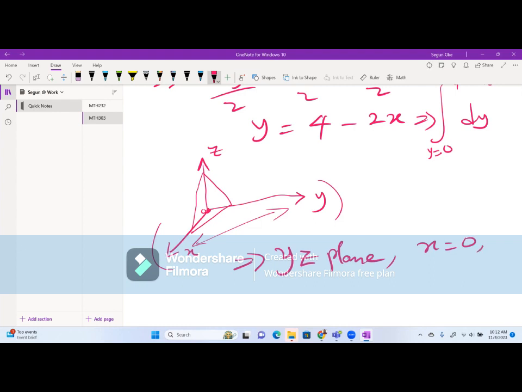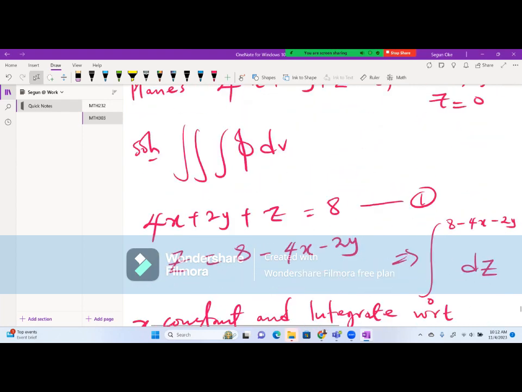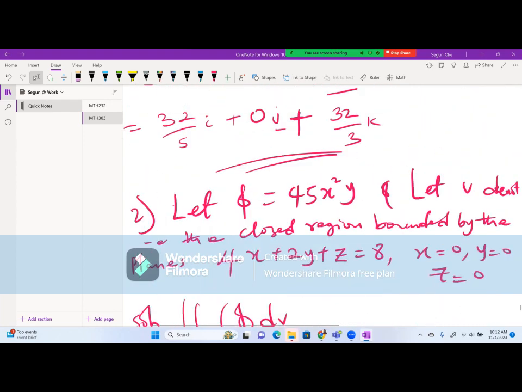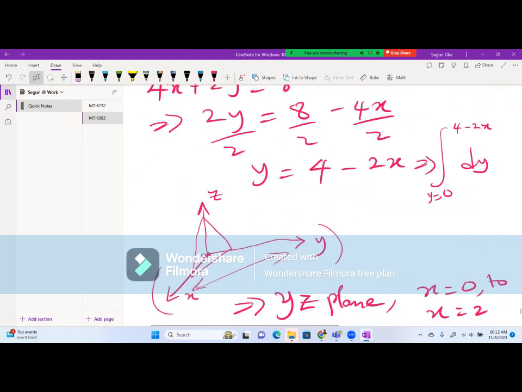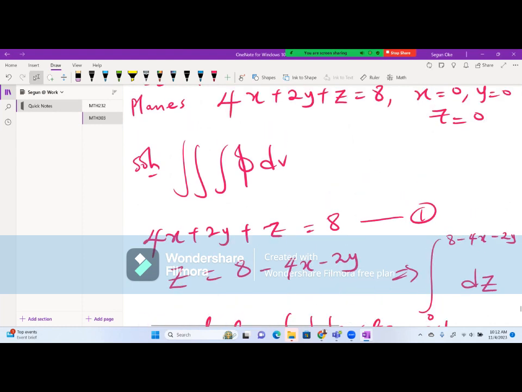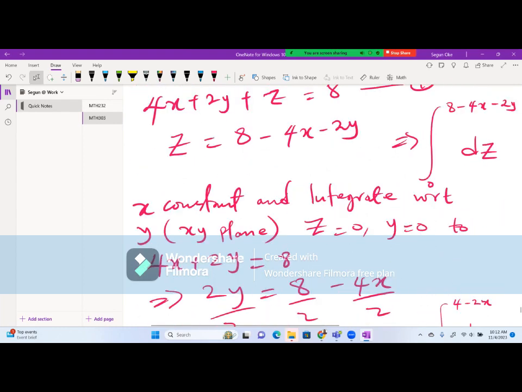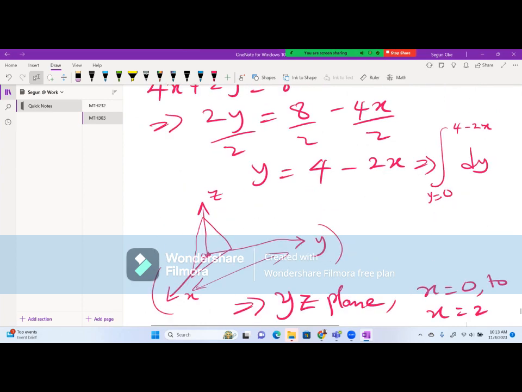Then we are given this from here. So how do we get x equals 2? From here. Remember, we are considering the